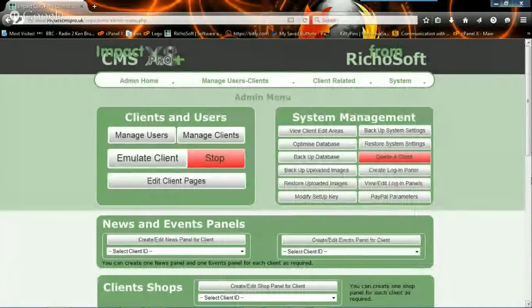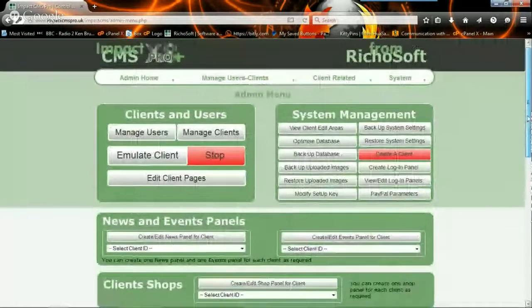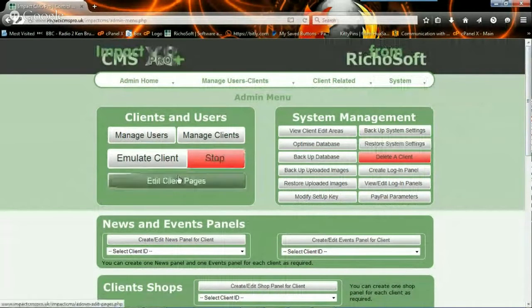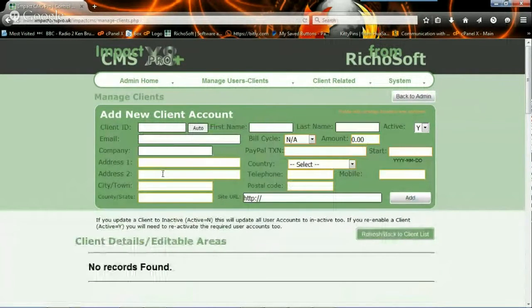Okay, so now we've got the control panel set up on our PC. We can now set up our client or clients and the users. So first of all, let's set up a client. So go to manage clients, and we need a client ID. I suggest you use the auto, as it will always give you a unique ID. The client's email address, and the client's company, their first name